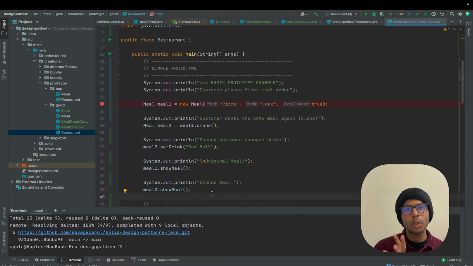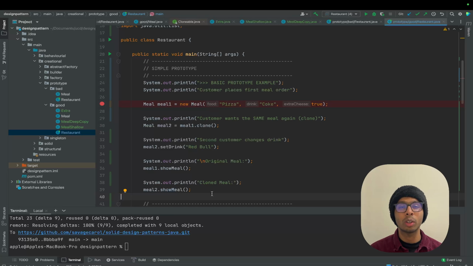Okay, why do we usually do this prototyping? We do it because, let's say we have a complex object A and we clone it and make A dash, that is a cloned object. So if we want to tweak something a little bit, and we don't want to do all the effort of creating that object,